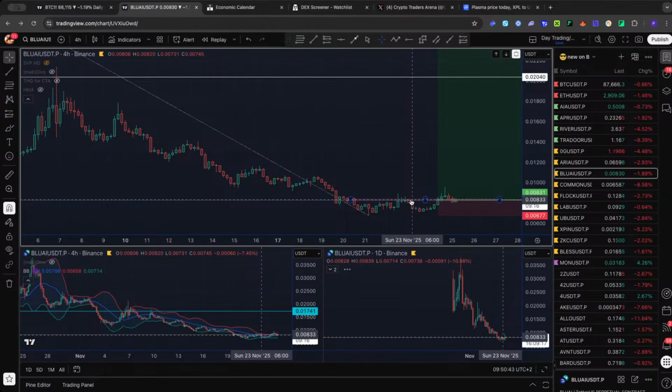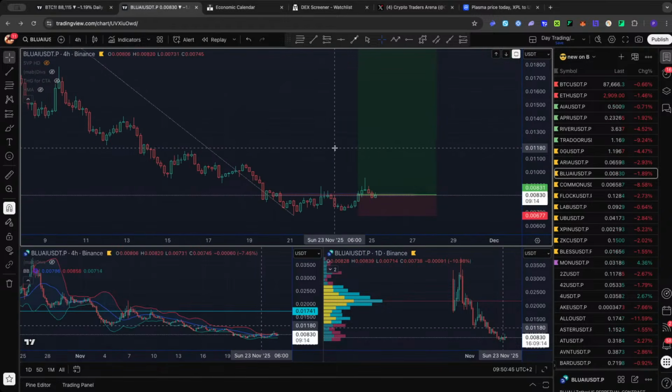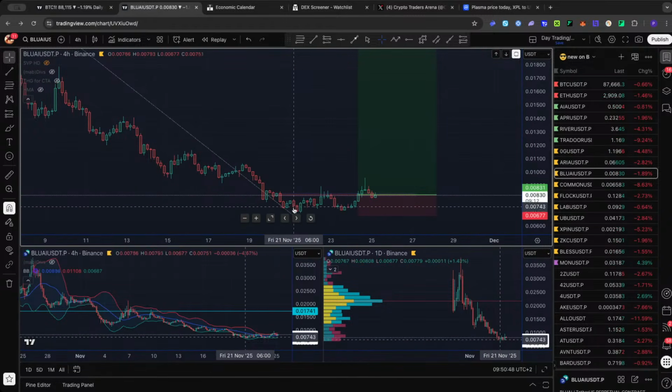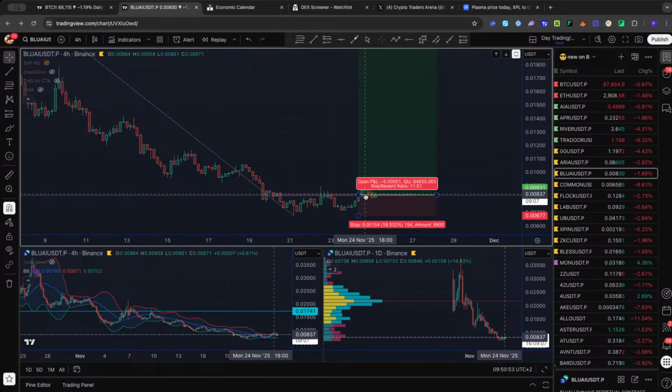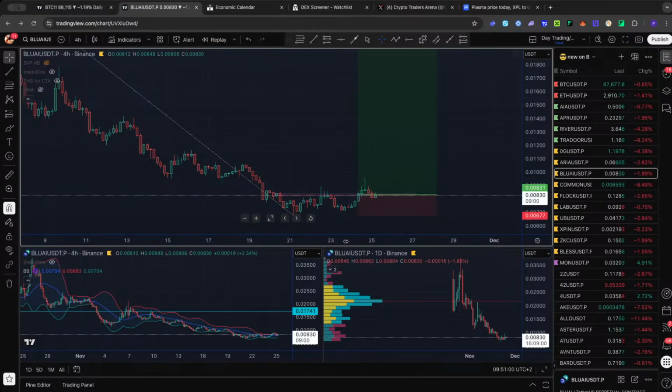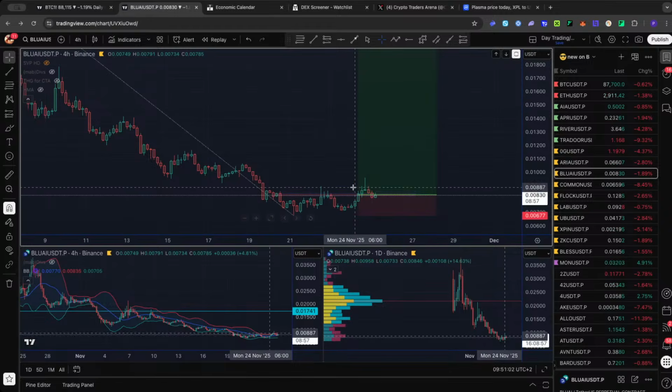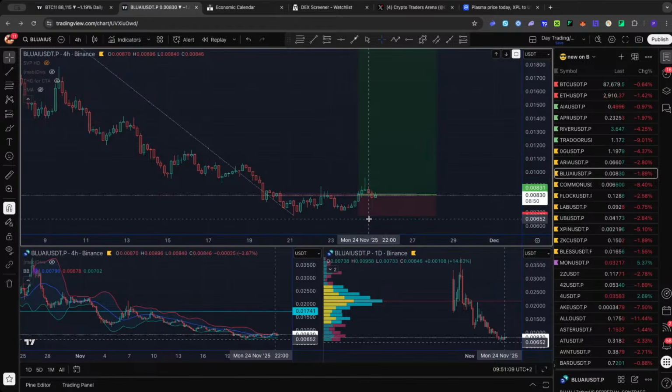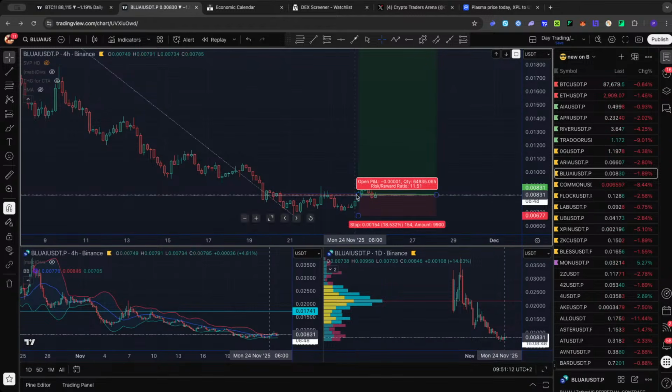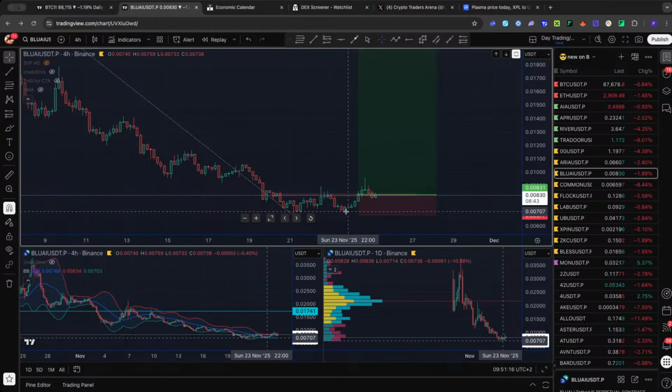At the entry on Blue AI, I posted this one on the 4-hour chart. I said, well, let's take this one. Look at the W. Okay, we have the W, we have the confirmation. It's at the entry. People, I don't have a crystal ball to know which one will pump. I'm playing setups here. I'm long in this trade and I'm waiting, but I don't know if we'll hit the stop loss or the take profit. I'm like some of you, long, and I'm waiting. My entry is a bit lower. But you get the idea.